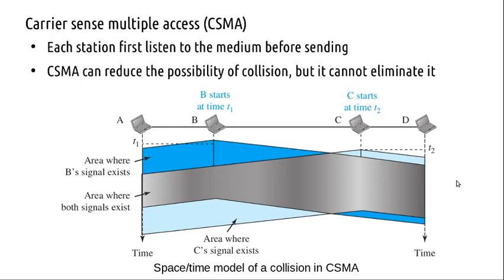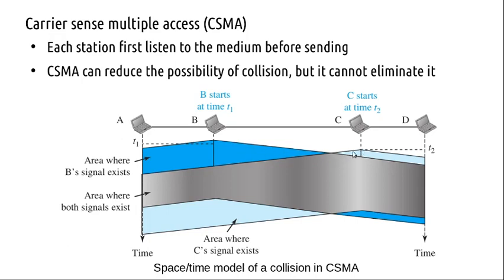So this is shown inclined to indicate it is in space, in time. The propagation delay is shown by the slanted blue line to indicate that the propagation delay is there. So at the same time, say at time T2, after T1, T2 greater than T1, C checks the channel and sees that